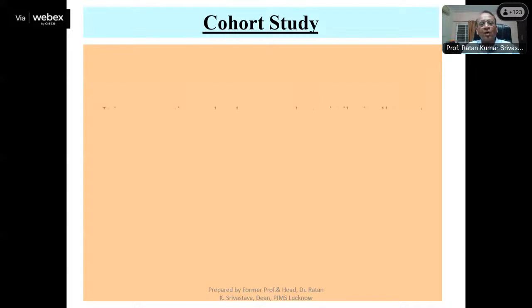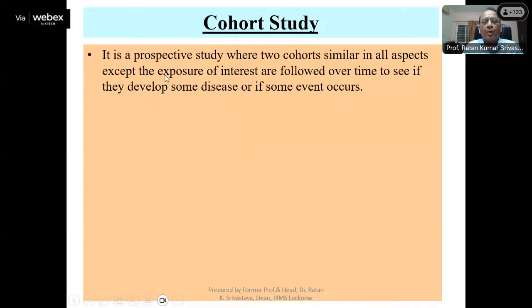Now another study, the cohort study. It is a prospective study. You follow a group of population for the next 5 years or 10 years, where two cohorts similar in all aspects except the exposure of interest are followed over time to see if they develop some disease or if some event occurs. Actually, you take healthy people. Suppose you want to see how many people develop cardiovascular disease, then you select 500 people, all healthy, without any disease, but you want to see the effect of smoking on hypertension, how many people develop hypertension. So you will make a